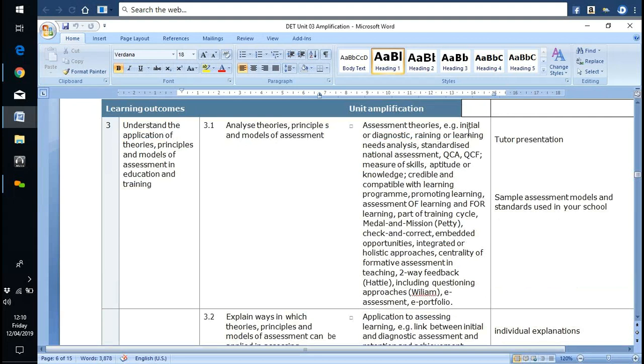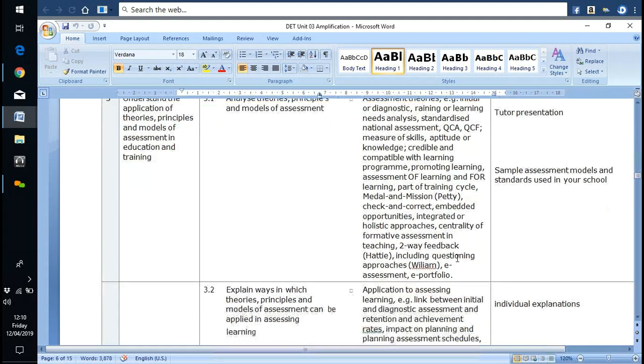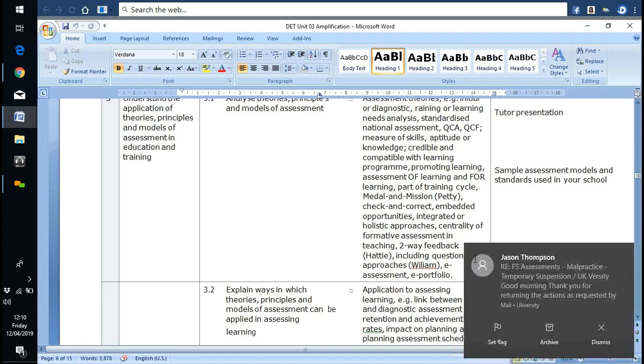And on here it gives you some ideas, PETIS, medal and mission, check and correct, ATHE, 2-way feedback, including questioning approaches, William. Yeah, those are the,